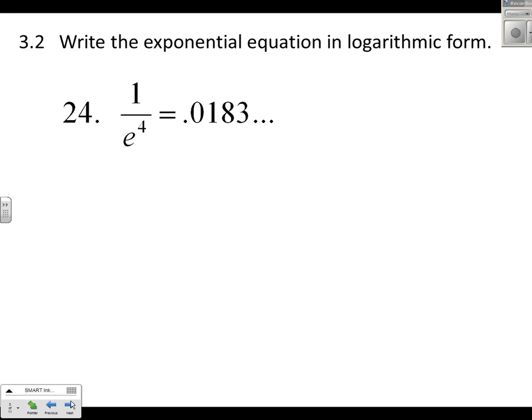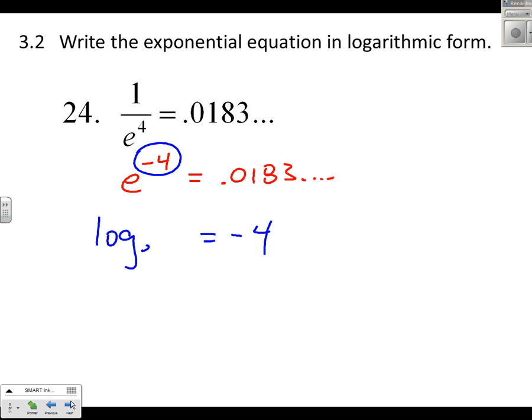Okay, a little tricky here. We could rewrite 1 over e to the fourth as e to the negative fourth, which equals 0.0183 dot dot dot, whatever that becomes. It's irrational; e is an irrational number. Okay, so what would we say here? Let's talk about the exponent. Negative 4 is the exponent, because a logarithm is an exponent